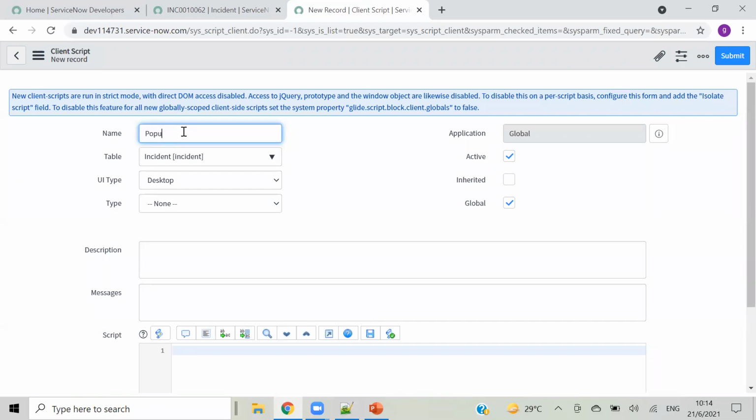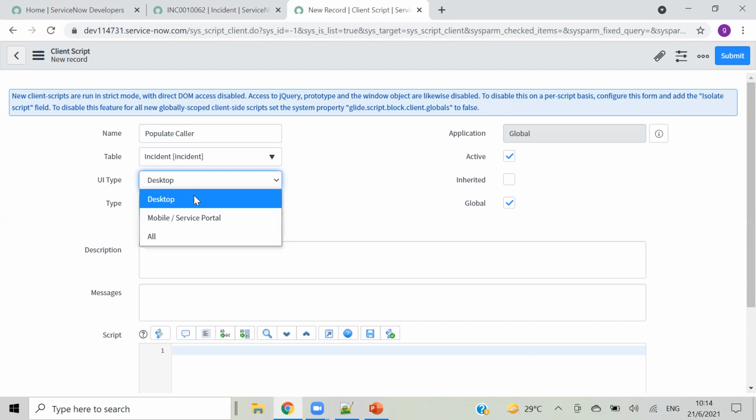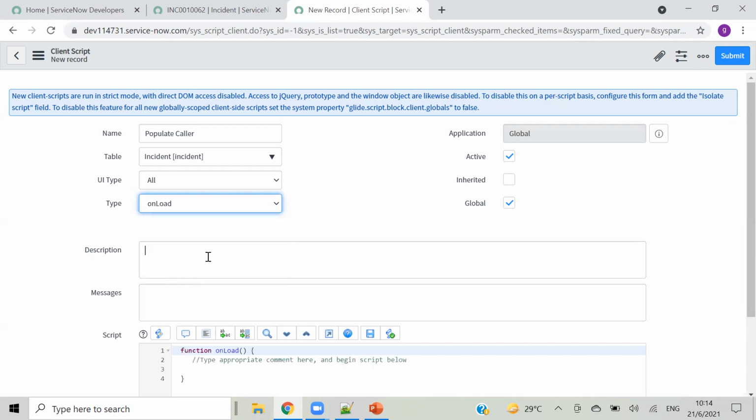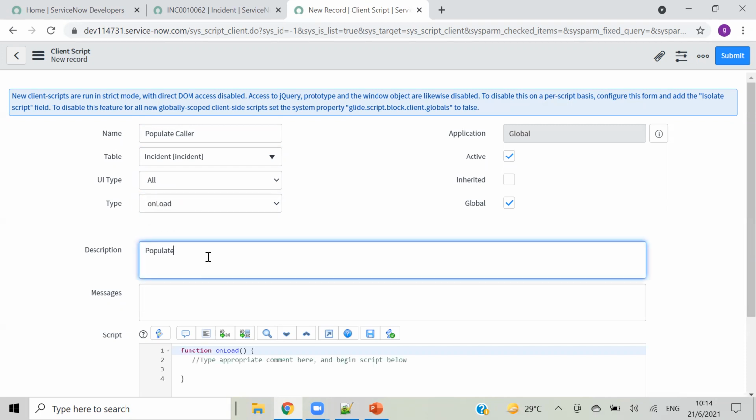Populate caller, and onload, populate login user in caller field.